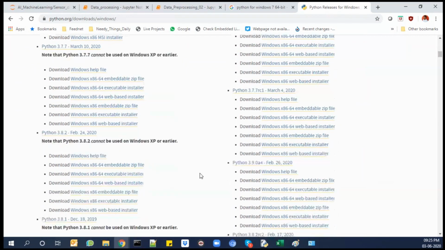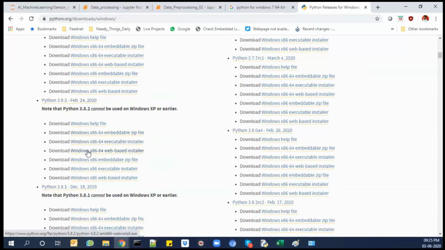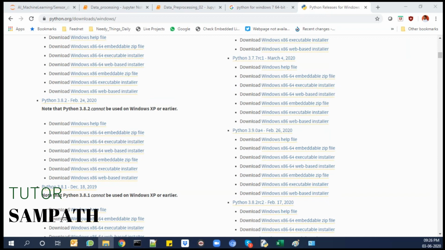It is available here. From here you need to download the one to be installed. If your system is 64-bit, download this one, and if your system is 32-bit, you can download this one. Already I downloaded that one. Please bear with this class. I'm taking it from scratch, from the basics, how to install Python. For a person who doesn't know anything about coding or the system, I can drive you from scratch.